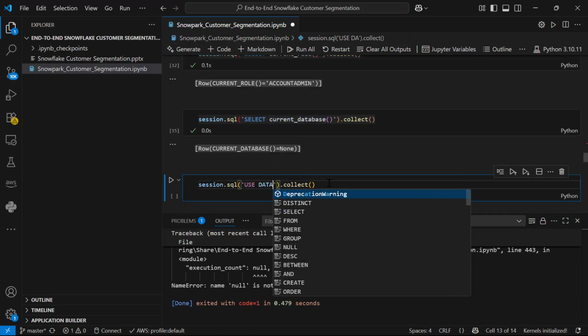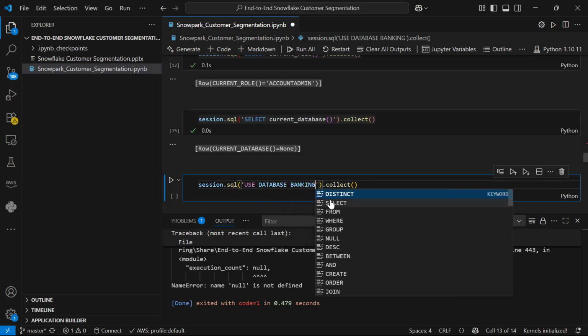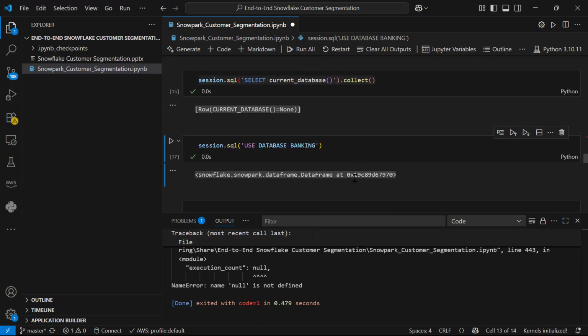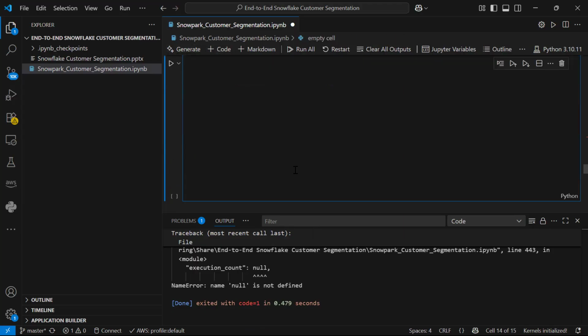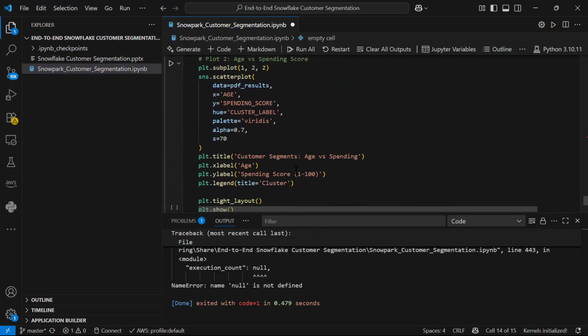Yeah, you have to use database, hard coding, banking. Use underscore. It is running. Now it should show dot collect. Dot collect. No. We'll use the same one.